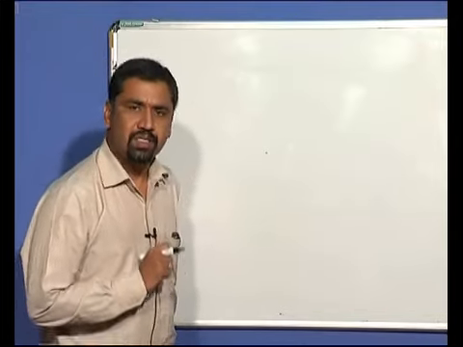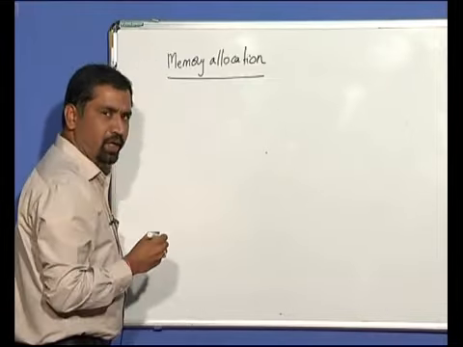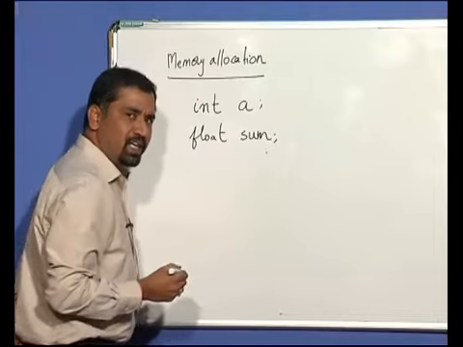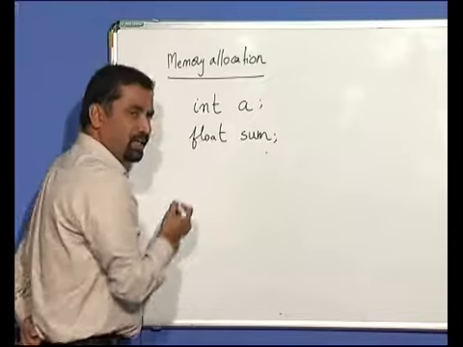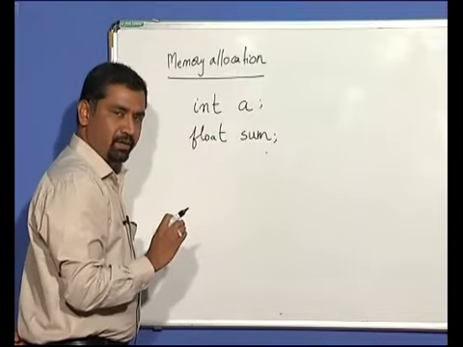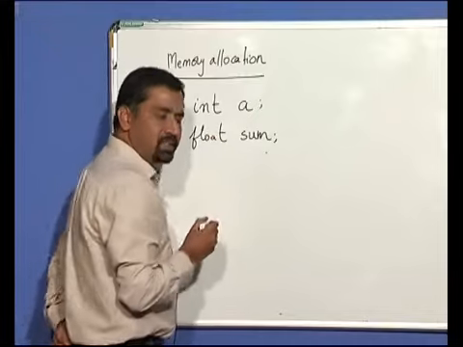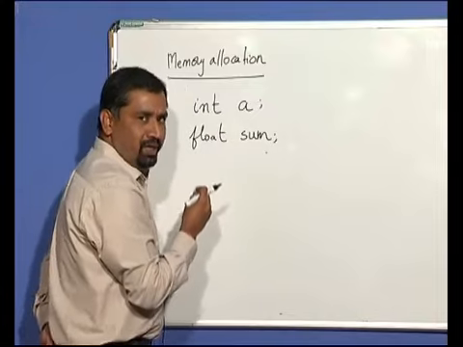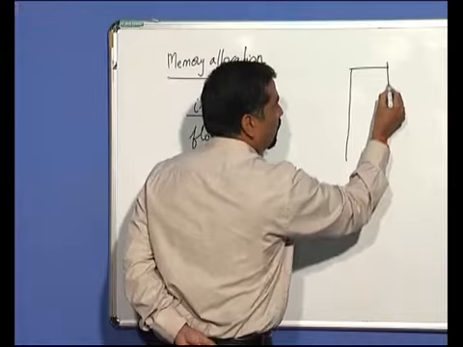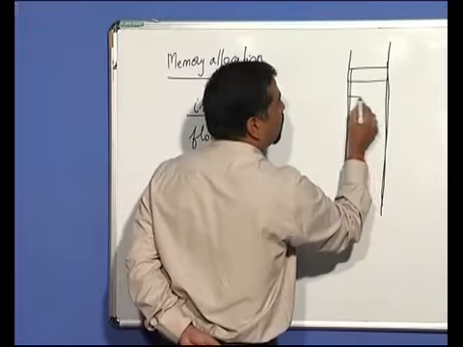First of all, you must understand what is memory allocation. In all your C programs, we have seen that we declare variables like this. Whenever you declare a variable like this, memory is allocated, sufficient memory is allocated in the random access memory so that an integer is able to be accommodated. For example, when you declare int a, in the memory, if you imagine memory to be a sequence of bytes, each box is a byte,